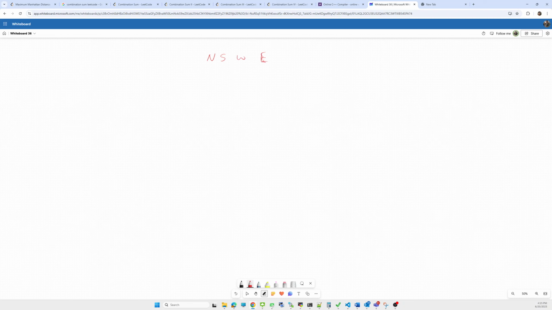While iterating over each character, means for each index, at each index we have two choices. What are the two choices? Either we can change the character, or we don't change it. We have two kinds of choices.